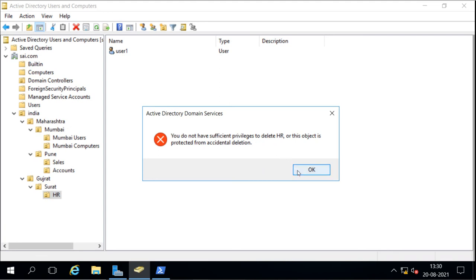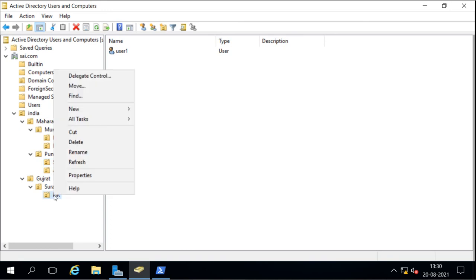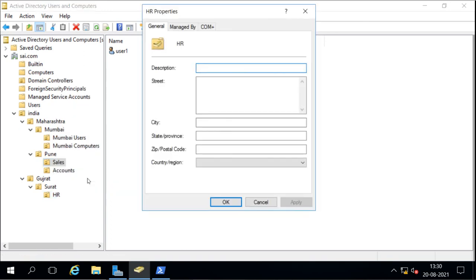I have logged in as an administrator, but still I cannot delete this because of that checkbox which says protect the OU from accidental deletion. Now if you see the properties here, you will not see that checkbox. It will show you the description, street, address about this OU.